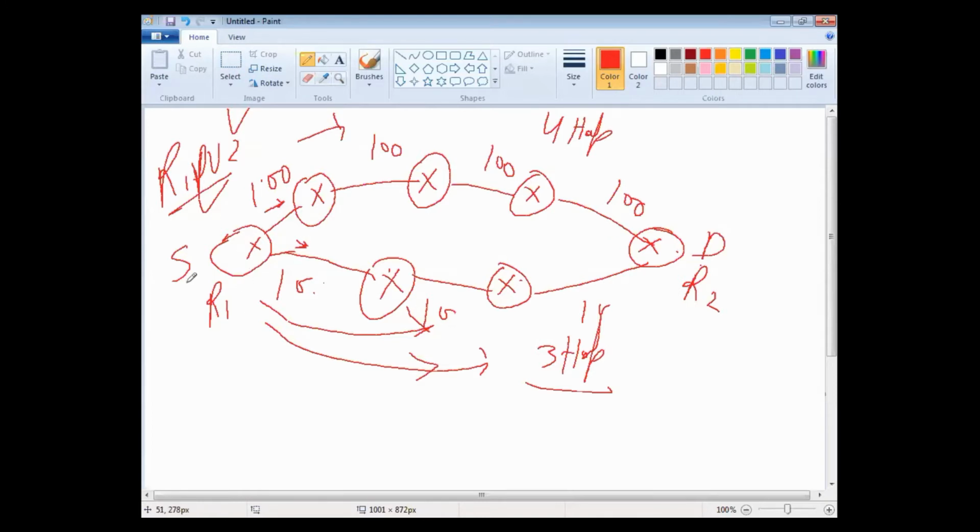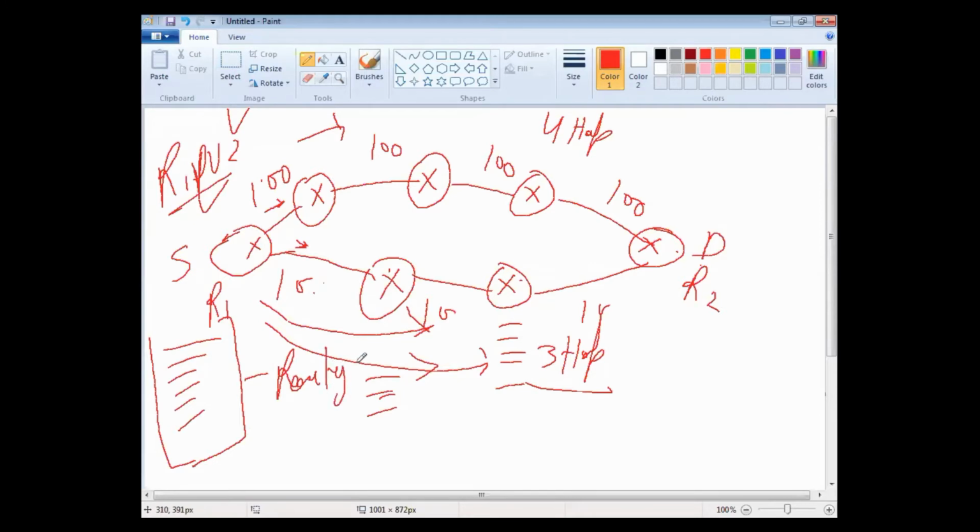protocol. And one more thing, let us suppose this R1 router has 1, 2, 3, 4, 5, 6 entries. Again, this router has 1, 2, 3, 4, 5 entries. So whenever RIP is there, these neighbors advertise their routing updates, already advertised ones too. After some amount of time, they send the update packet again and again. They will send all these updates again and again in the routing update packet.